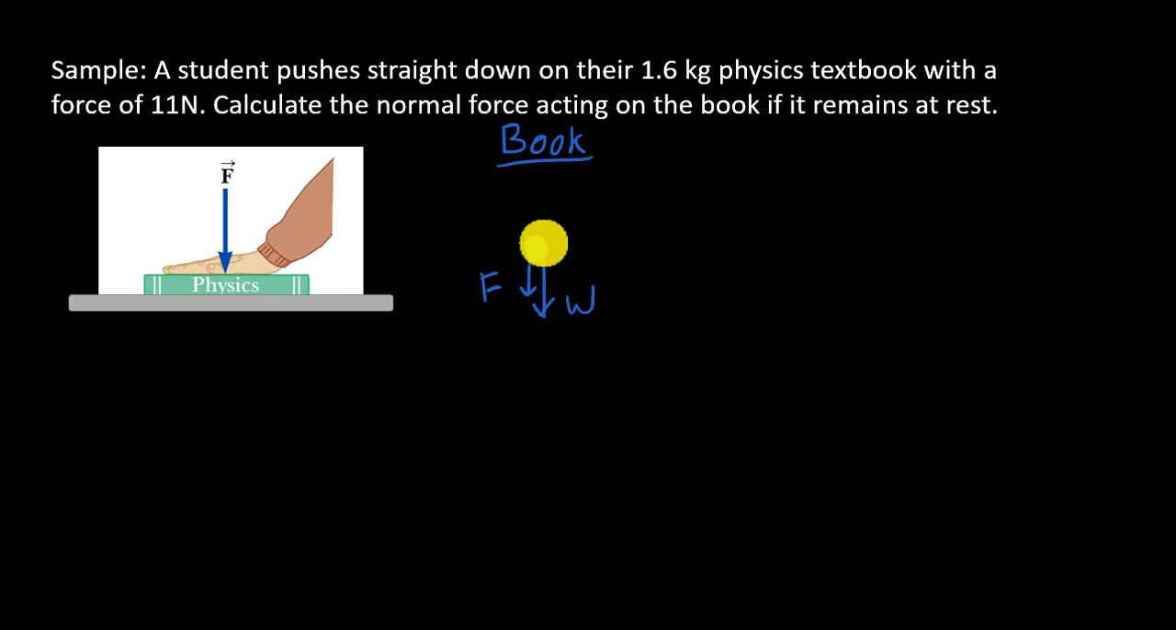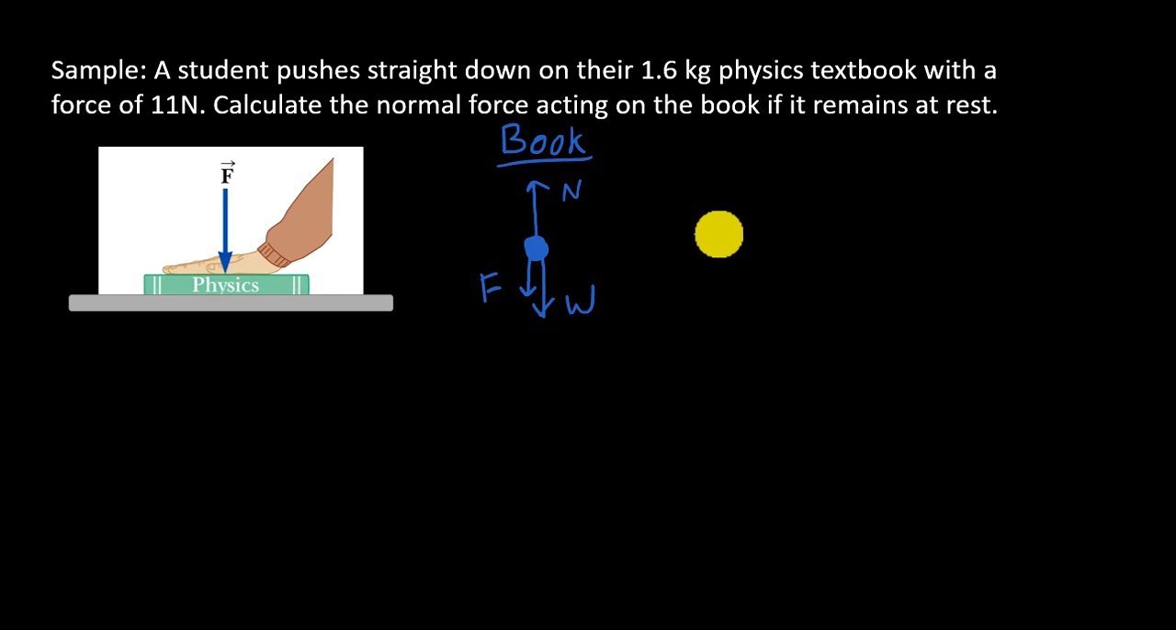And the table is acting as a support. There is some normal force acting upwards. Okay? So there's a good rough draft of a free body diagram for this book. It has weight, you're pushing down on it, and the table is supporting it. Okay, notice I don't have any forces in the x direction, so we're just going to focus on the vertical